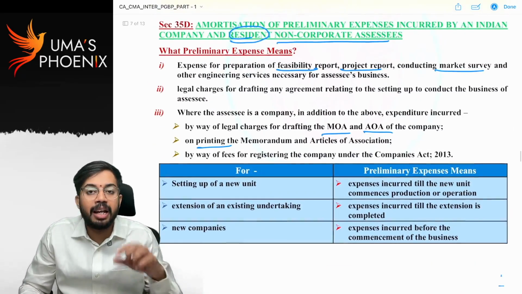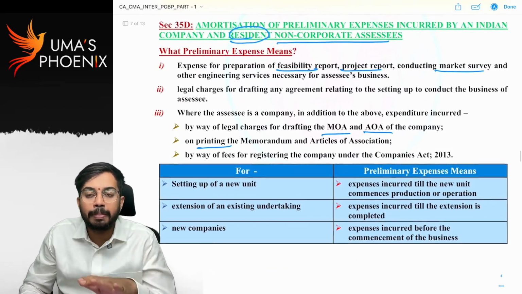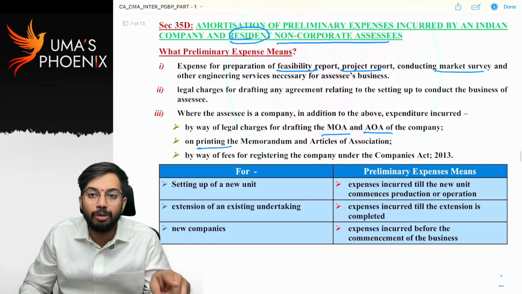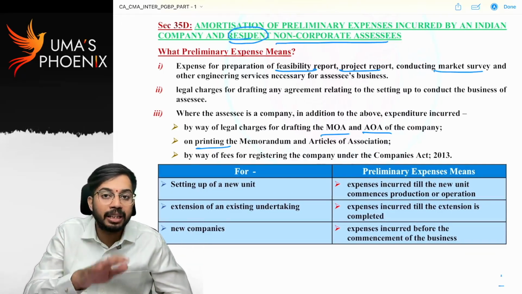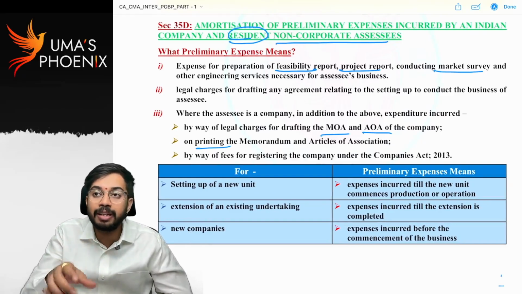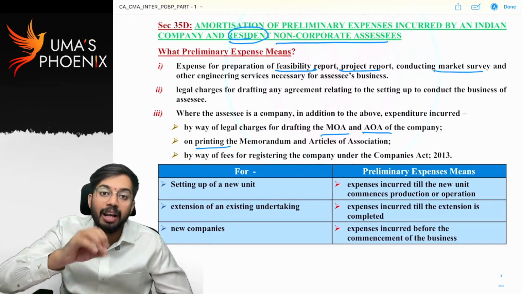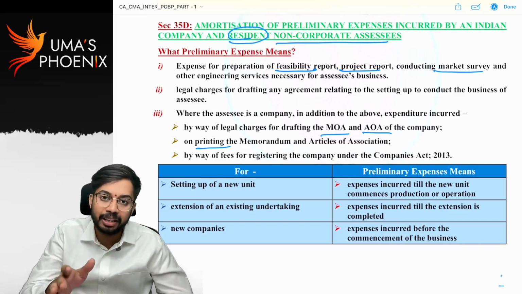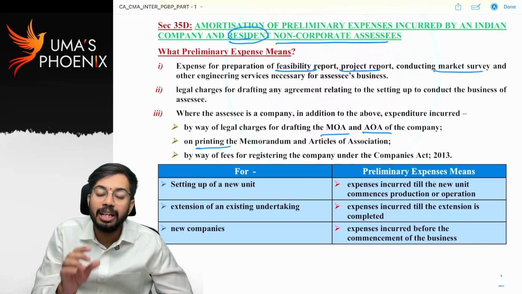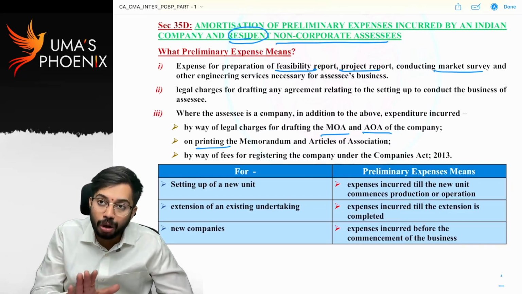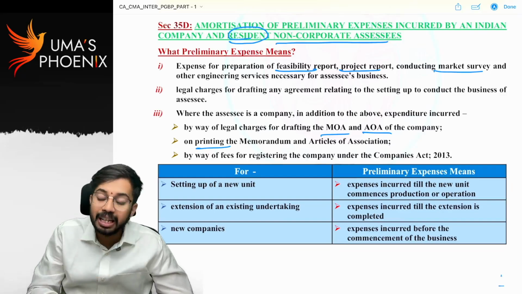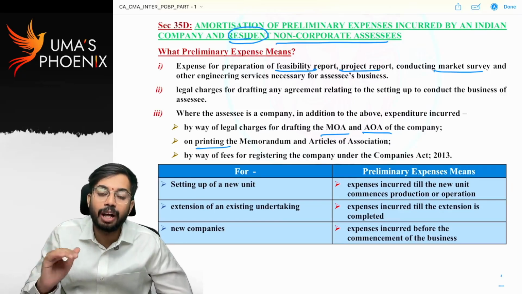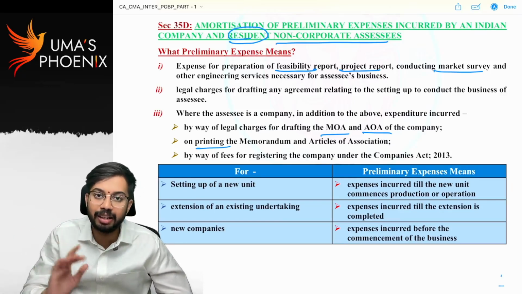Let's say there is a company, it is operating in Andhra Pradesh and Telangana. Now that company wants to start operations in Tamil Nadu also. So before starting operations in Tamil Nadu, whatever the expenses incurred for setting up of operations in Tamil Nadu are there, that are also considered as preliminary expenditure, and that is also allowed as deduction. The whole point of this discussion is to convey that not only for new companies, even for existing companies also preliminary expenditure is allowed as deduction if they are going for any extension. Is it clear?